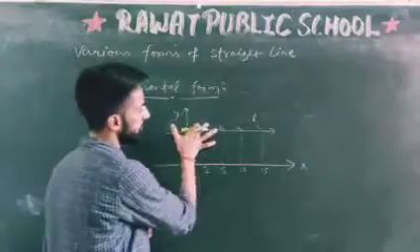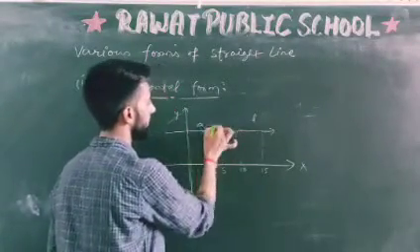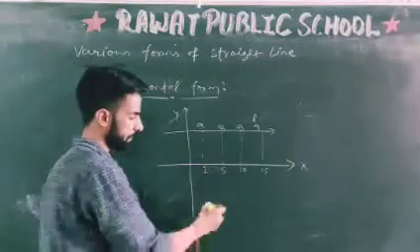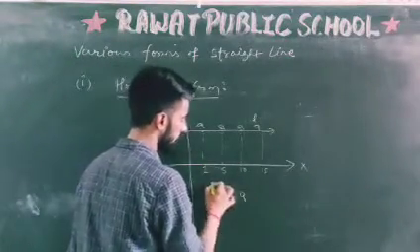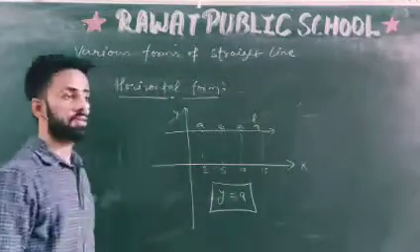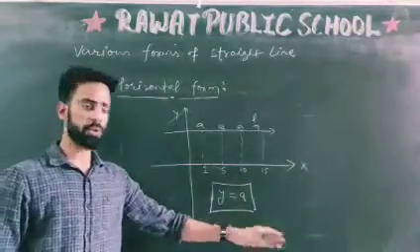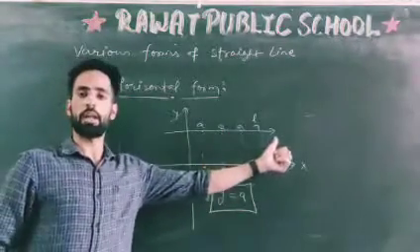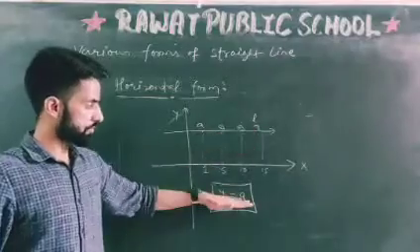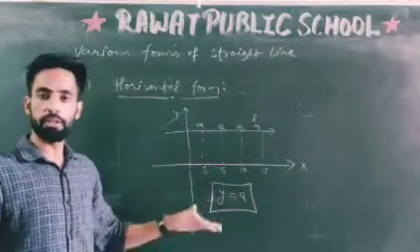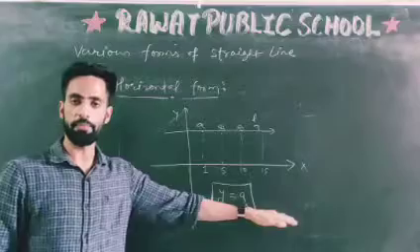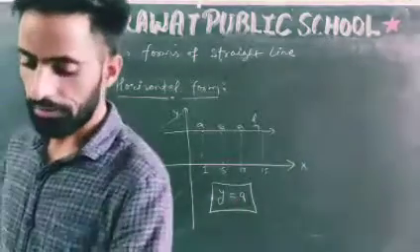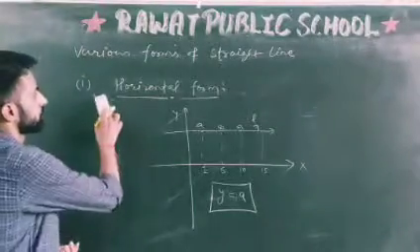So if I say the value of y is 8, the equation for such a line will be y equal to 8. If we have an equation in the form y equal to some constant, the graph of the line will be drawn like this. And this constant can be positive as well as negative. If the line is drawn below the origin, on the negative y side, the equation will be y equal to minus some constant.